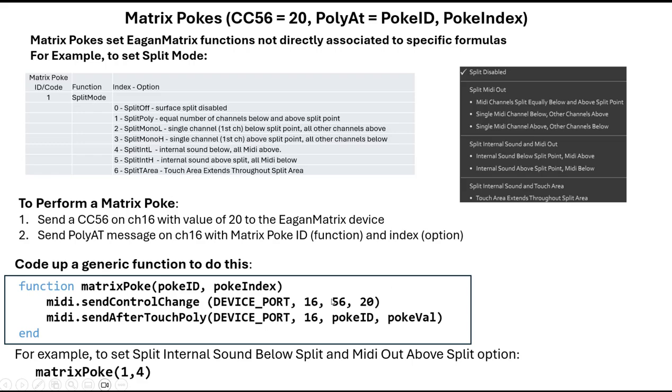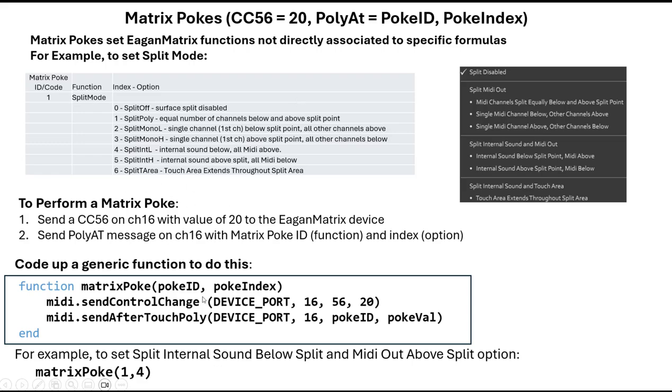So for example, we will generate a function, we'll call it matrix poke, that'll take two values, a poke ID and a poke index. Those will be the two poly aftertouch 7-bit data values that you'll send in there. The first thing we'll do in the function is we'll send out CC56 with a value of 20 to say, hey, matrix poke's coming, and then we'll send the poly aftertouch data with the values that were sent into the